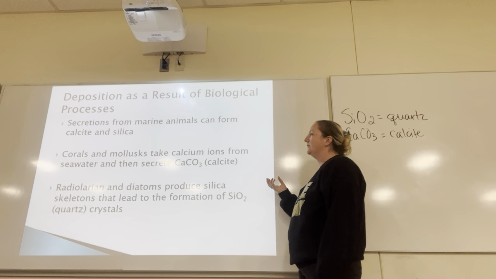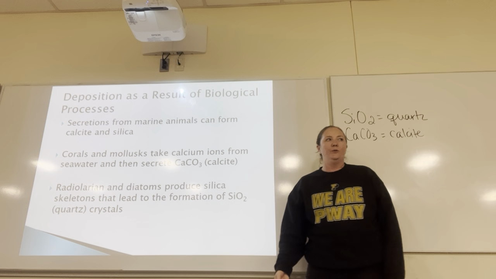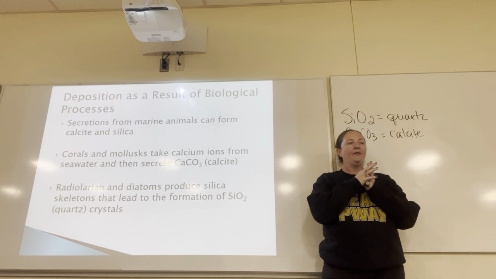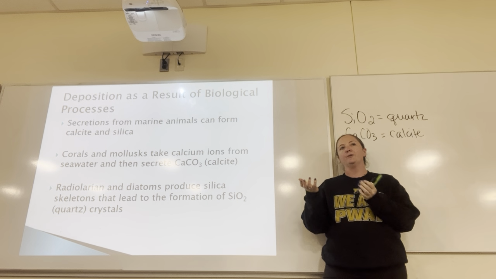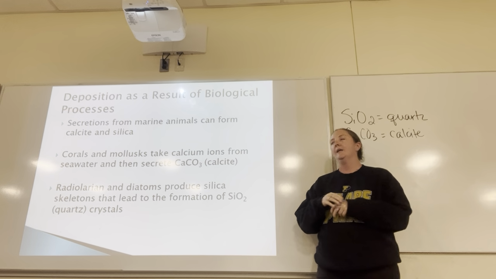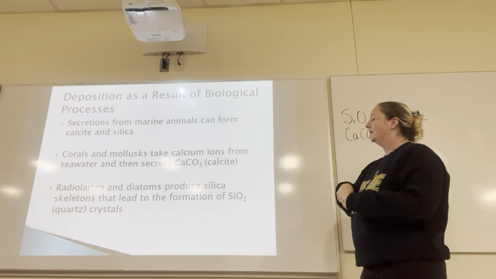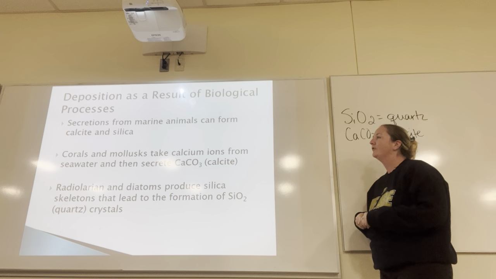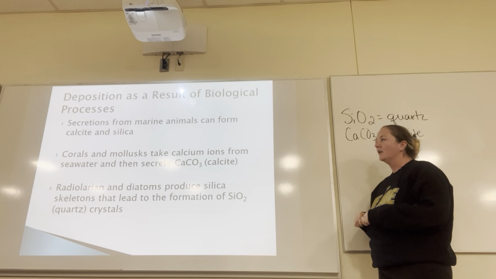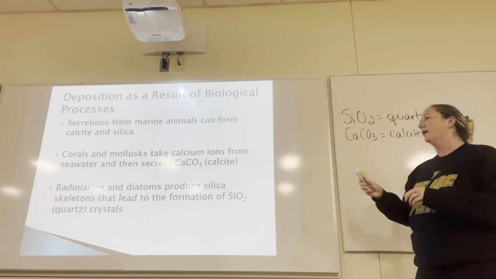When these animals die, their bodies sink to the bottom of the seafloor. They group up together, and then they lithify into a solid mass, which would be the mineral containing one of these types of chemical combinations. So calcite can form from the shells of things like mollusks and coral, and then these other animals or